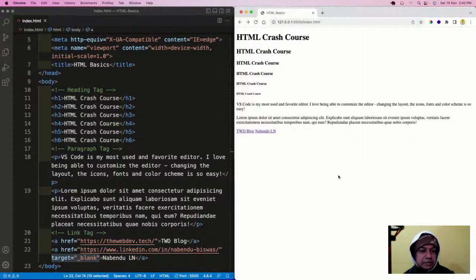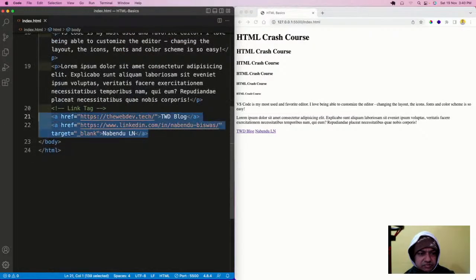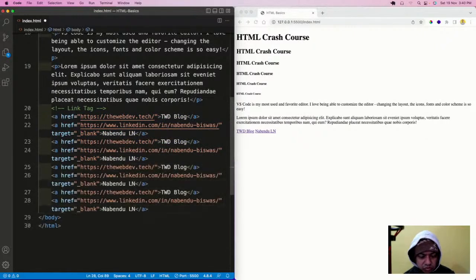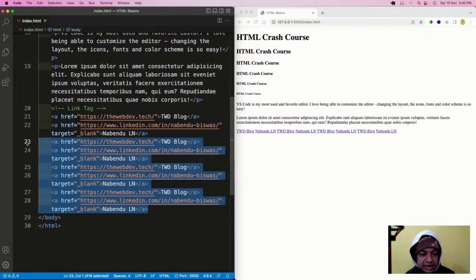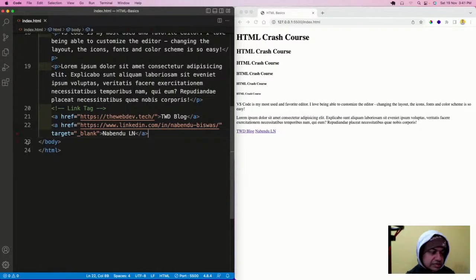And one more thing I want to tell about this anchor tag. See, two anchor tags are coming in the same line. If I have more anchor tags, they will also come in the same line, because these are inline tags, same line. These are not like an h1 tag or a paragraph tag, which would come in the next line. No, this is coming in the same line because they are inline. Some of the tags are inline tags.